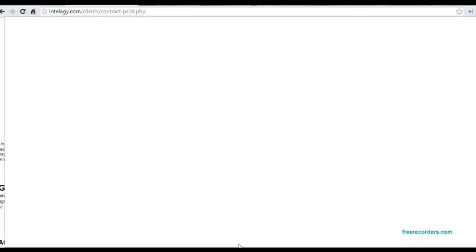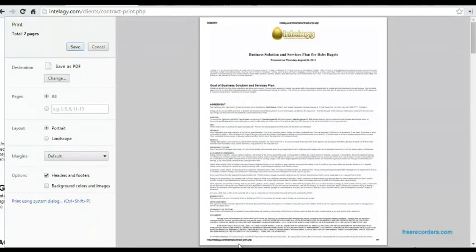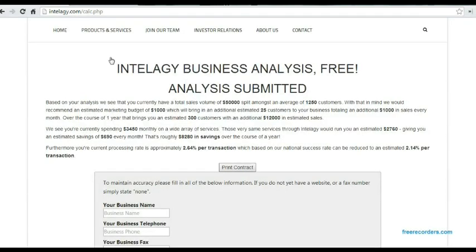And the Intelagy Business Analysis, or what I like to call the Intelagy Calculator, which I encourage you to use in every single presentation that you do, because it just visually shows exactly where and how we're going to save money and bring more money to